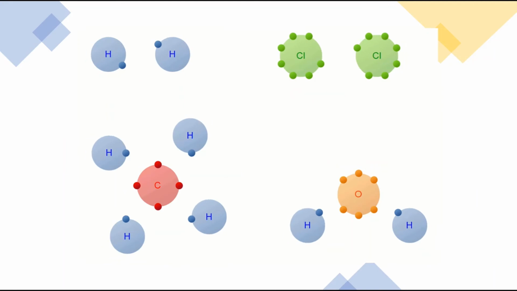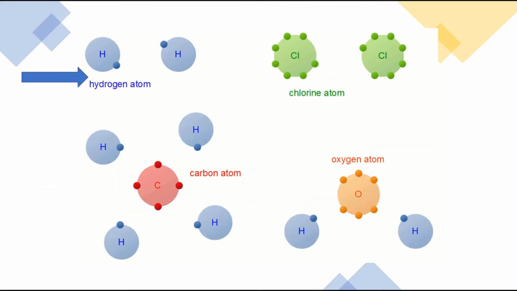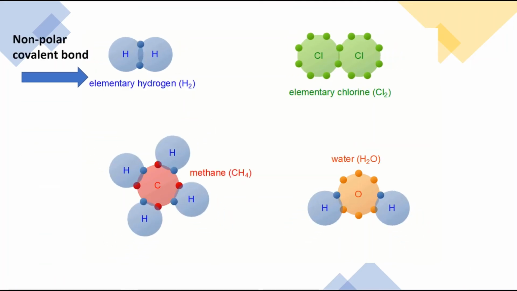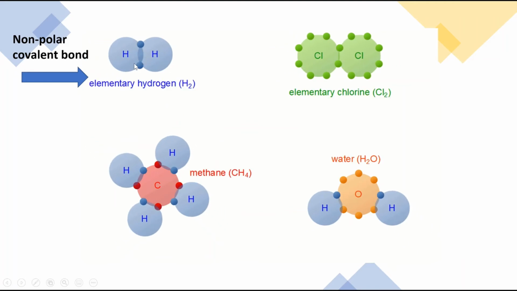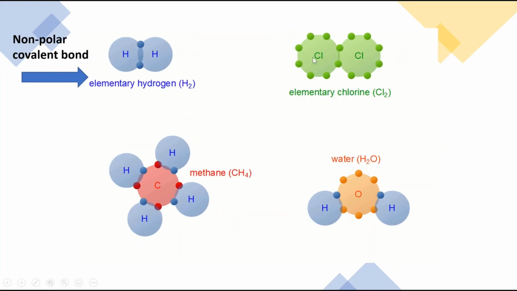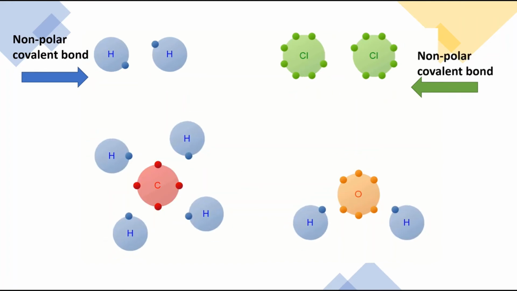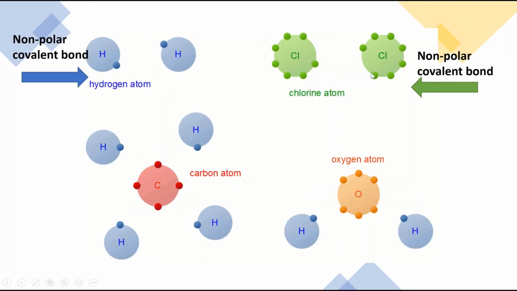So this is just an example where you can see that in the first case it's a hydrogen molecule and it has a non-polar covalent bond. Why? Because both hydrogens are non-metals first of all, and secondly the electronegativity difference will be 0 as both are similar atoms, isn't it? So it will be a non-polar covalent bond. For the second case, it is similar to hydrogen and it is also a non-polar covalent bond because the electronegativity difference between the two atoms will be 0.